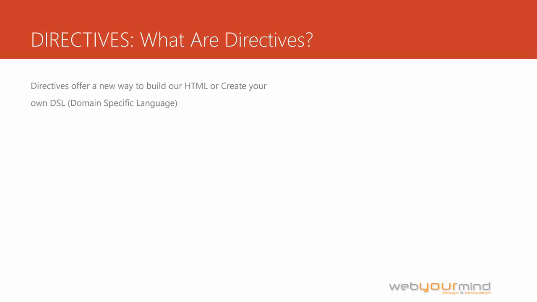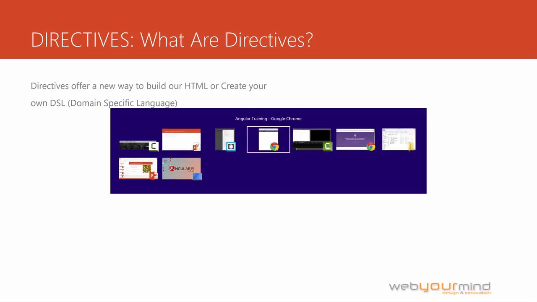So for example, let's think about a slider. You might want to use a slider in different parts of your application. What you usually do is you write all your code for your slider, and every time you need it, you write the entire code again. With a directive, we can just define the snippet of code we want to use and give it a name, for example, slider, and we'll go back to our code